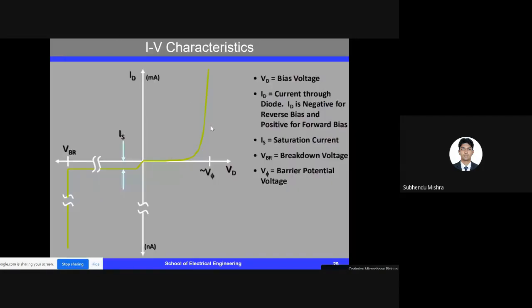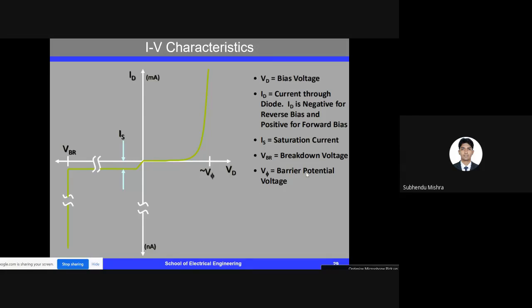So this is the IV characteristic of a diode, for any kind of diode. It shows various things like the bias voltage. VD is the bias voltage, the external voltage that we provide to the junction. ID is the diode current, the current passing through the diode, and ID is negative for the reverse bias. There is the reverse bias saturation current, IS, and as we have discussed, there is a breakdown voltage. At this particular breakdown voltage, the covalent bonds themselves break, and there is a significant reverse current that we observe.